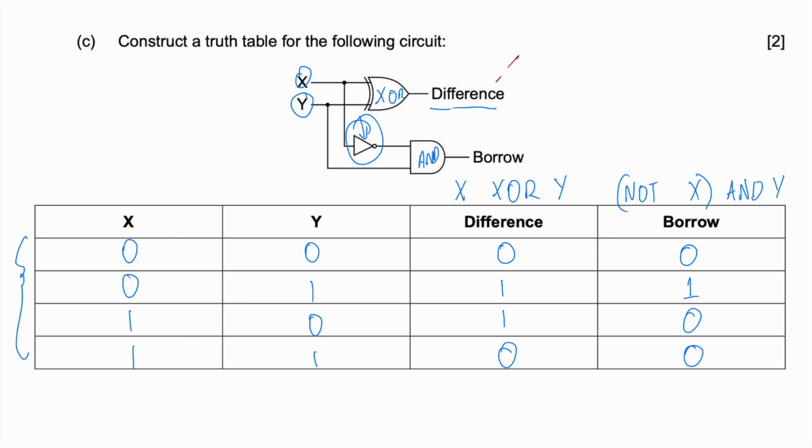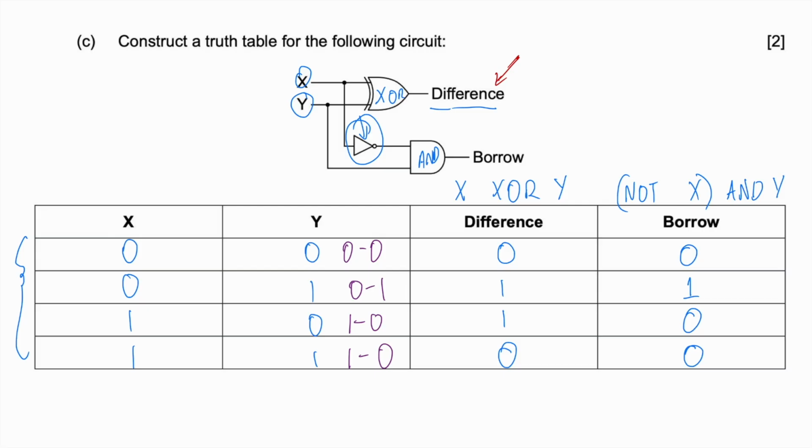Now, as I said, because we have a difference output, it's generally intuitive that this is a half subtractor rather than a half adder. So essentially, we're subtracting the second input from the first input. Right here, for x and y, we have 0 minus 0, and that's just going to give us 0 for the difference and 0 for the borrow. Right here we have 1 minus 0, so our difference is just going to be 1, and our borrow is going to be 0. And here we have 1 minus 1, which just gives us 0 for both, because our answer is going to be 0. Here we have 0 minus 1, and here we have a difference of 1, but we need to